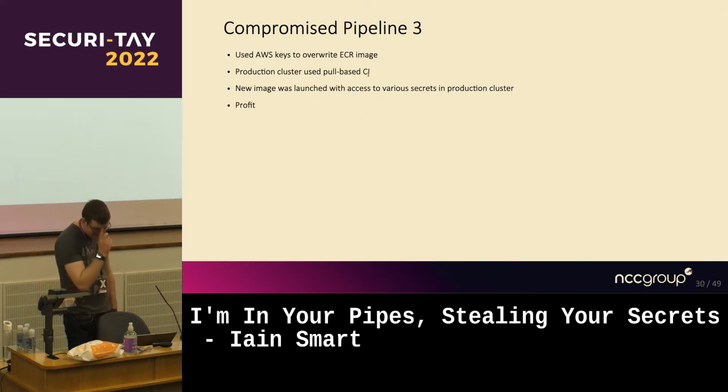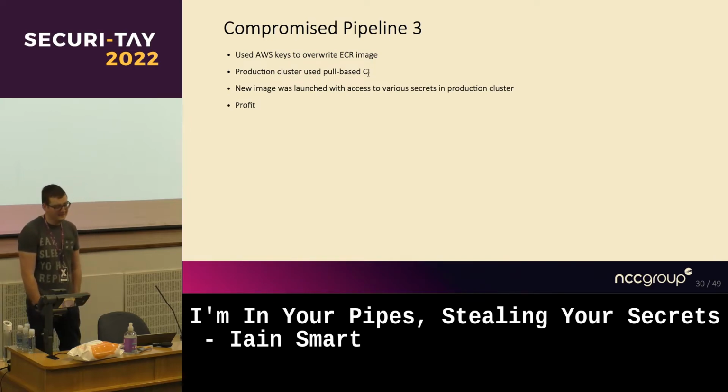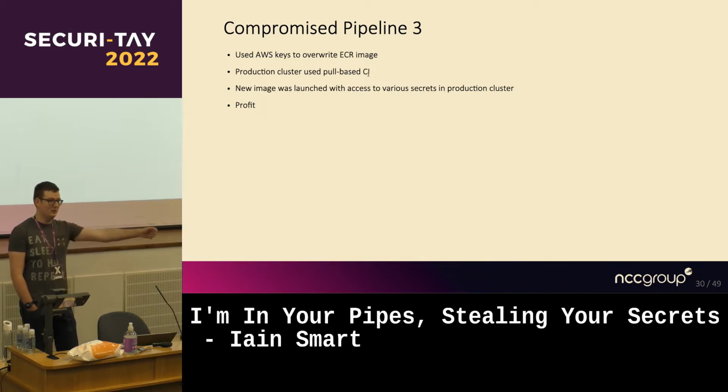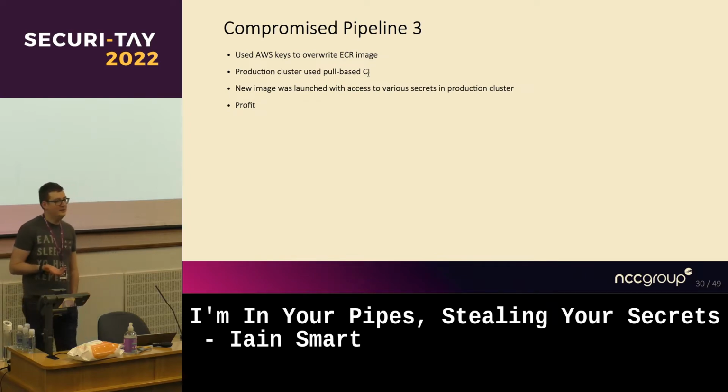Turns out they were using a pull-based CD solution called Argo CD, CD, not CI, Argo CD. What this does is basically spin up a new control loop inside the cluster and say, I want the latest version of this image to be running forever. And if you ever update an image in the registry, Argo goes, hey, I'm not running the latest version anymore. Let me just go off and retrieve that and come back. So in theory, that's more secure because you have to be in the cluster anyway to modify the CI/CD side of things. But at this point, we were able to modify something that was being pulled into the cluster.